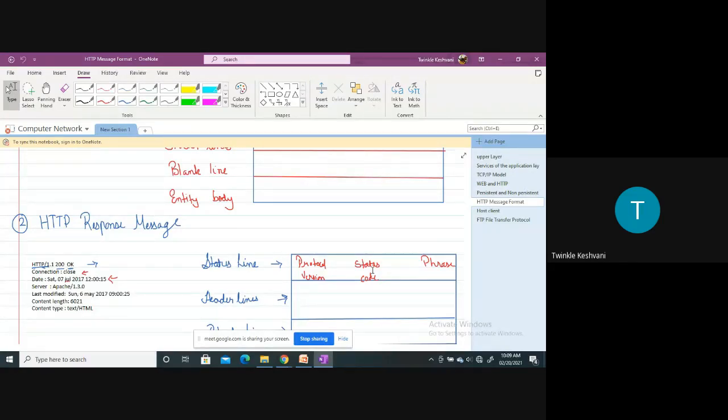Then in both cases there are header lines, right? Header lines are the lines given after the status line or after the request line, right?